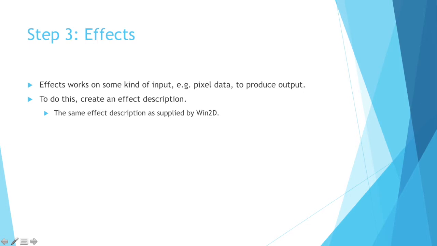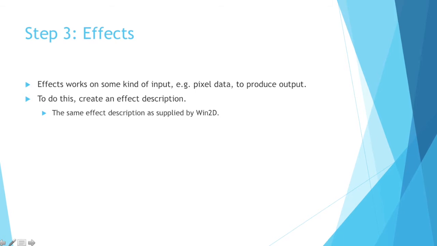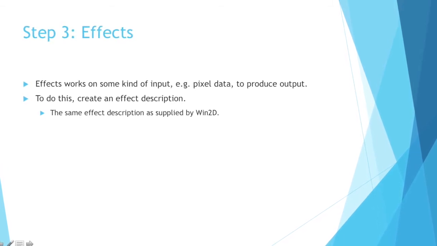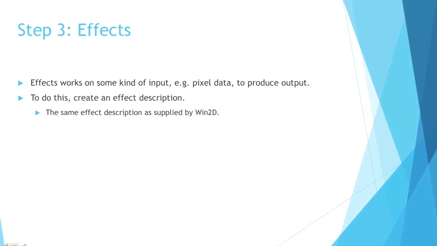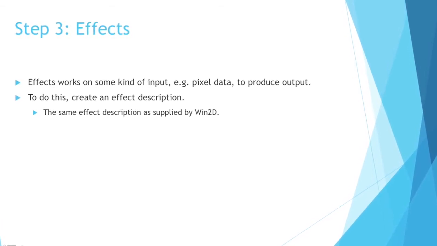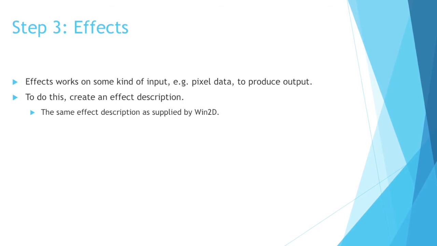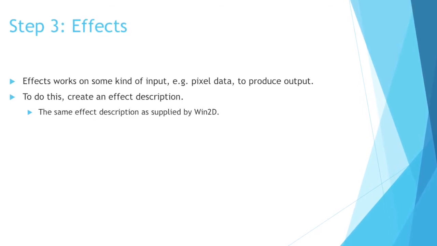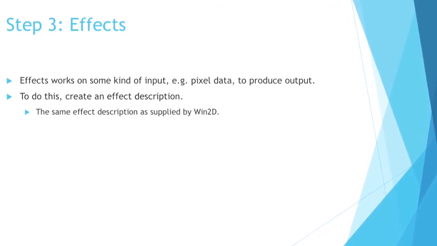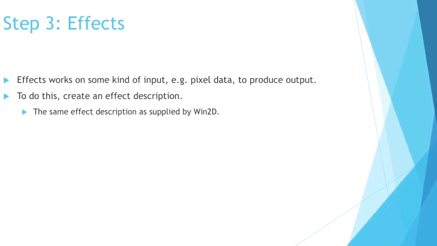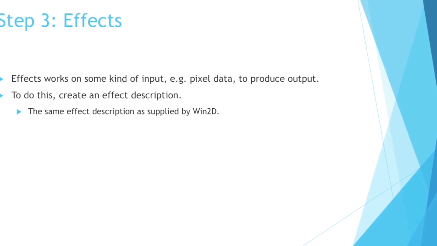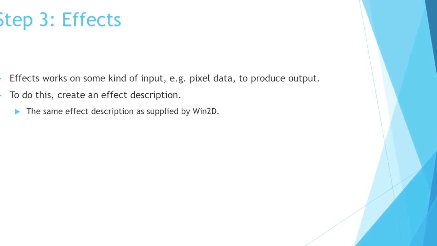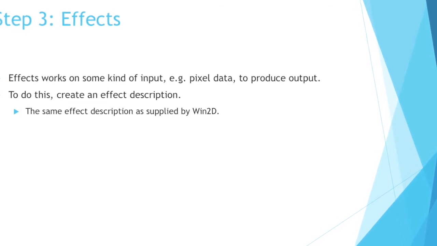So this leads us up to the next set of API areas that are very interesting in the composition world, and we're going to start talking about effects. Oddly enough, effects need some sort of input, like pixel data, that they can run over top of to produce some output, which is typically pixel data. But remember, we want to actually start and create brushes. So let's talk a little bit about that process, and let's talk about that with some framing of code.